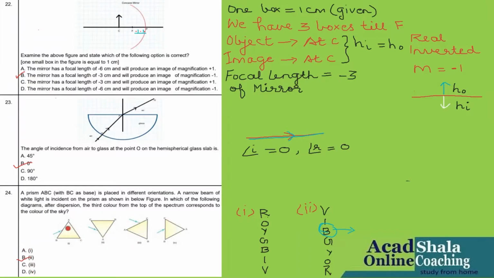First, we need to solve all these figures which are shown over here. This is the first prism. Now the incident white light is going in, and we will see the dispersion. When the dispersion is seen, from the bottom we write VIBGYOR, and this way the sequence from bottom going upwards comes like this, VIBGYOR. But according to the demand of the question, let us see which is the third color coming out from the top. I see that 1, 2, 3, the third color is yellow. So this is not the correct option.